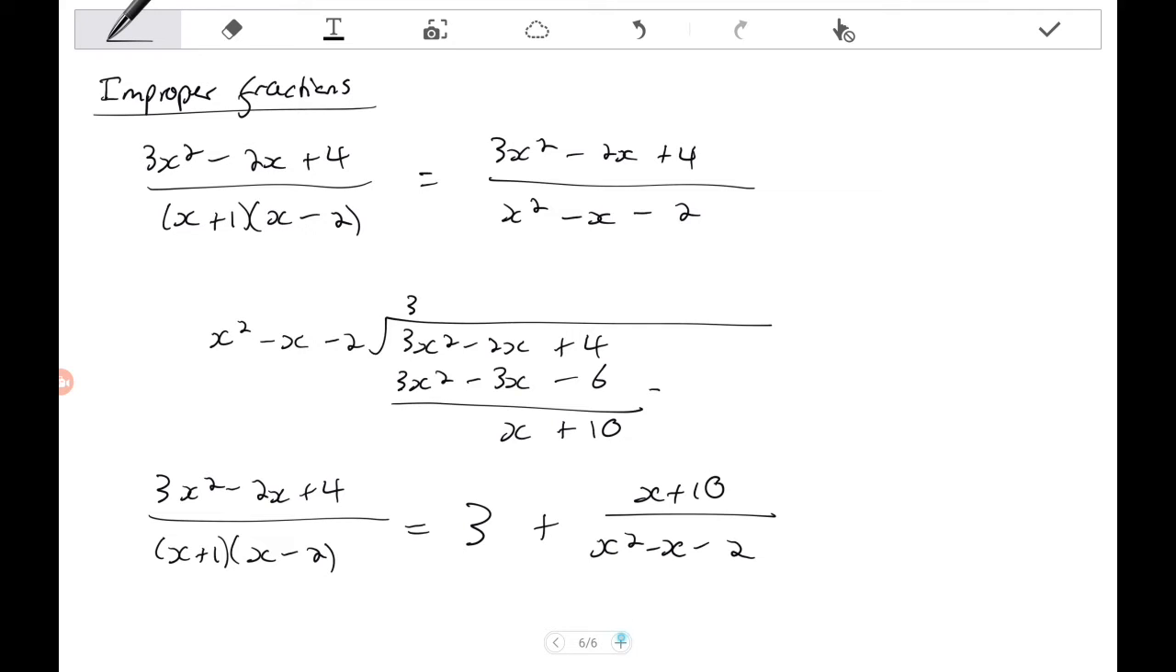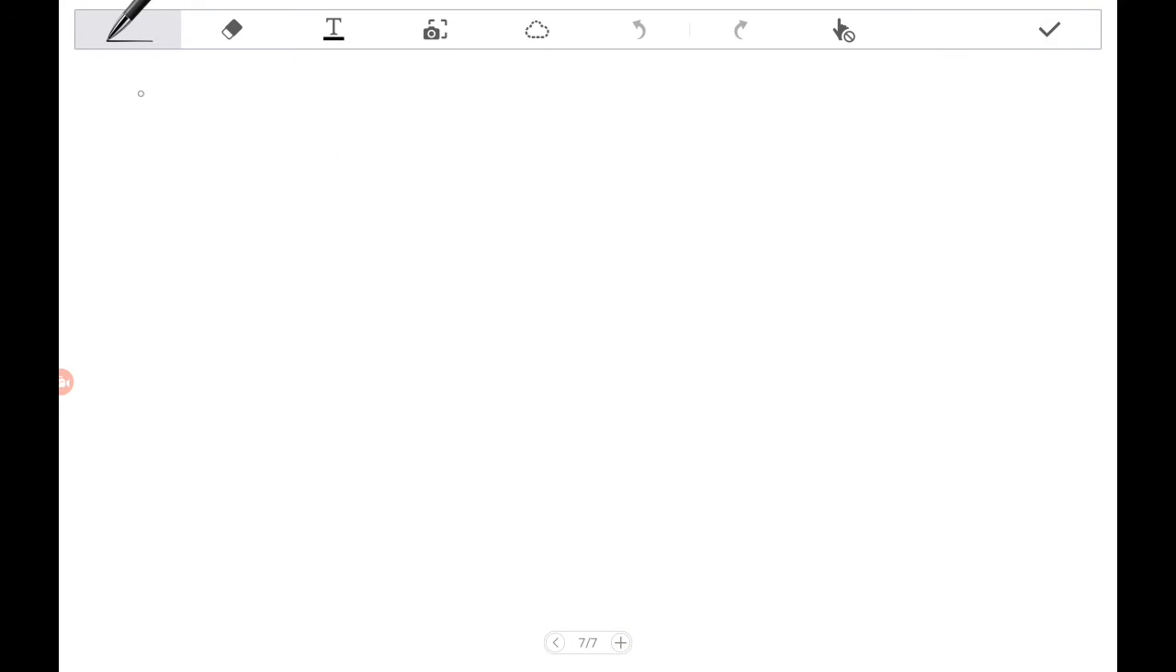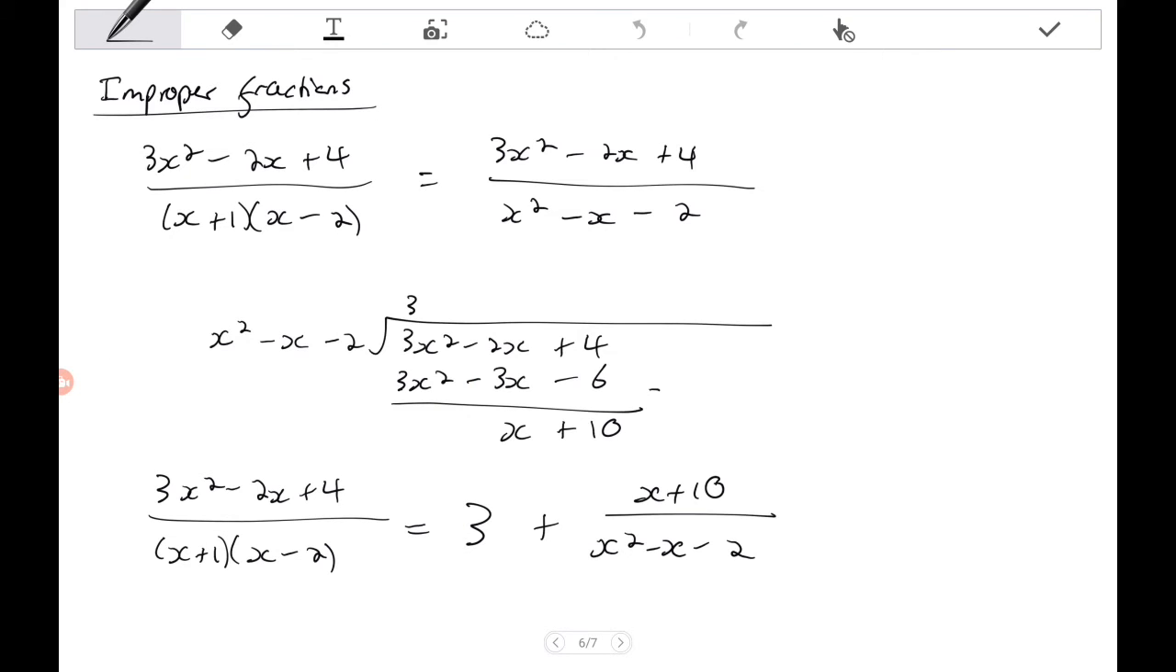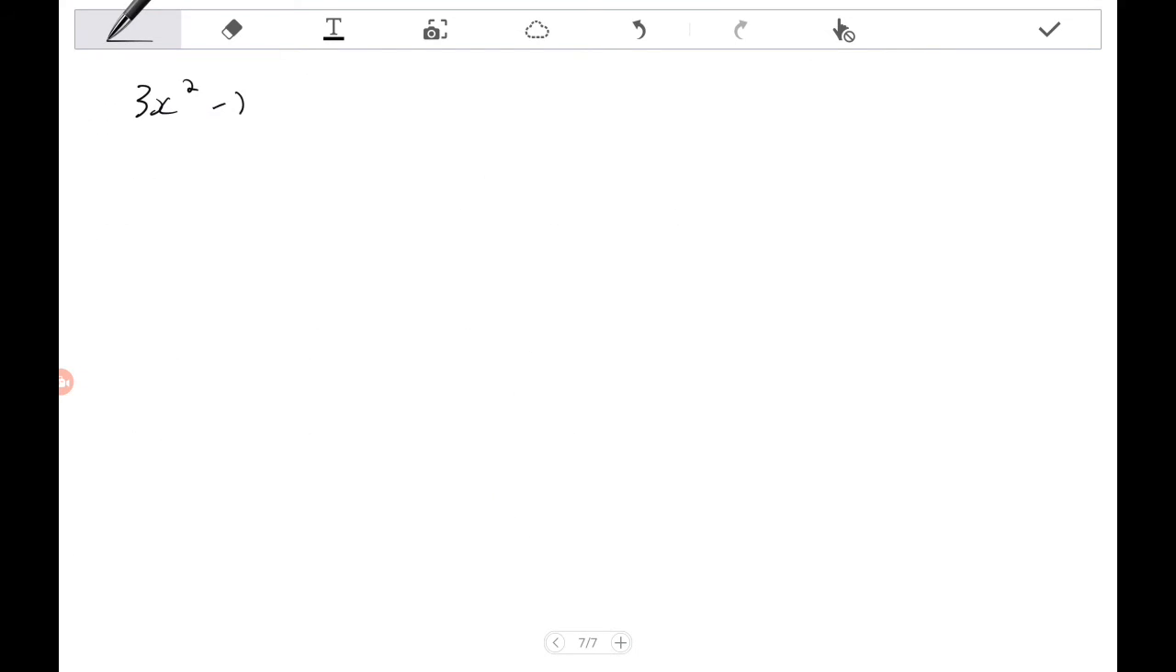However, I think there's a slightly quicker way, which is if we take our fraction again, 3x squared minus 2x add 4 all over (x plus 1)(x minus 2). I think that we can skip out the step of long algebraic division if we note something. We have a numerator of degree 2, and a denominator of degree 2. So when we do that long algebraic division, we will get, at most, a constant,